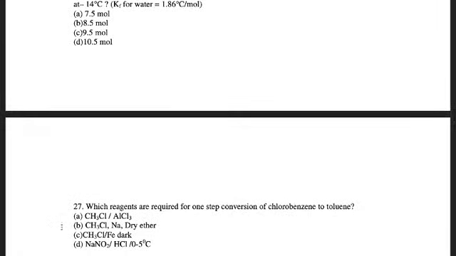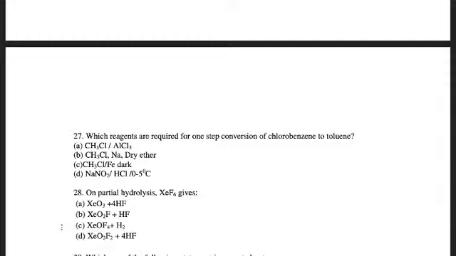Question number 27. Which reagents are required for one-step conversion of chlorobenzene to toluene? A. CH3Cl, AlCl3. B. CH3Cl, Na, dry ether. C. CH3Cl, Fe, dark. D. NaNO2, HCl, 0 to 5 degrees Celsius. Correct. The answer is option B,